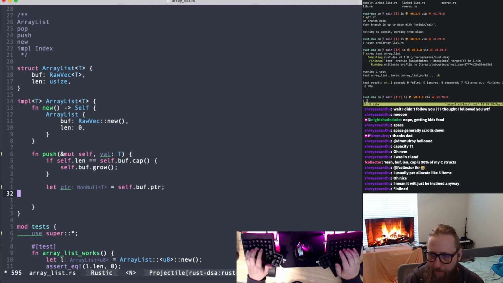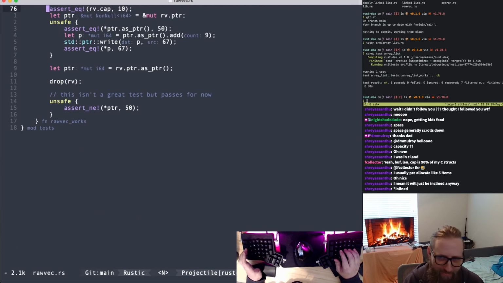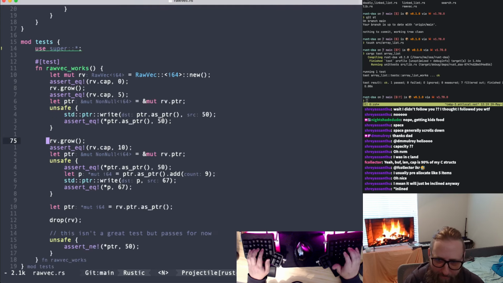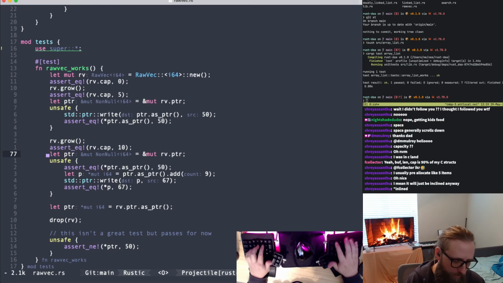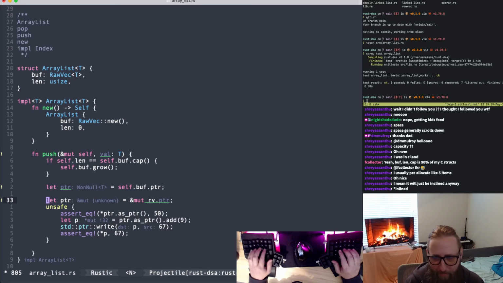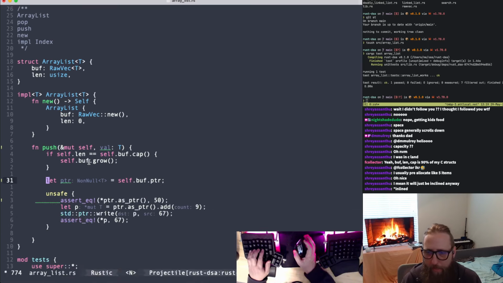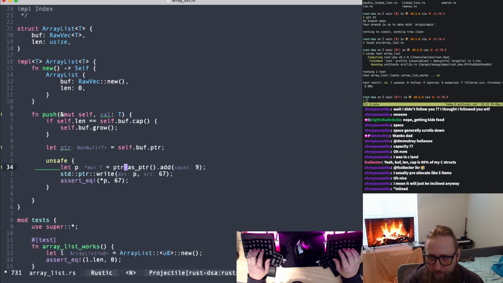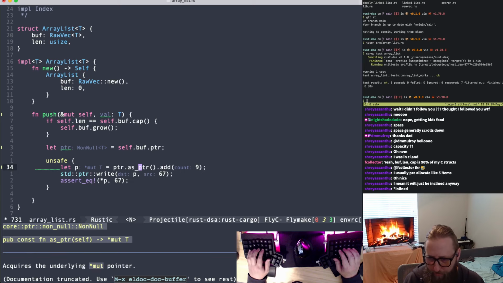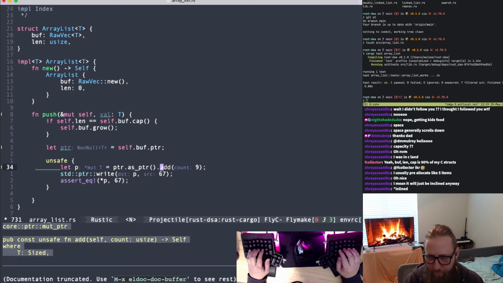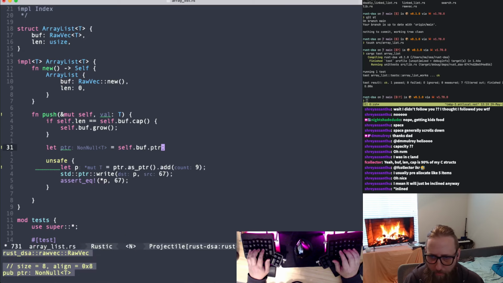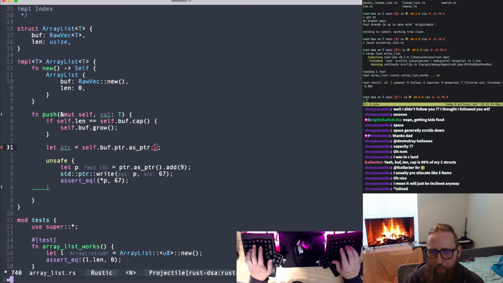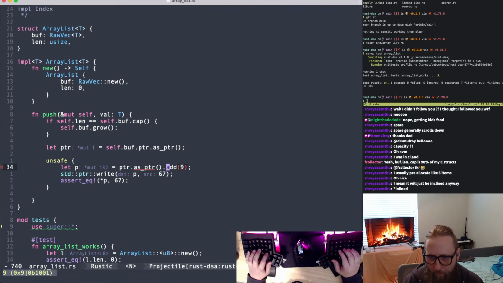Oh yeah, I have code for this already actually in raw vec, because I kind of did this already in a test. So because we are what we are, we're going to actually just copy this code real quick. I mean, we wrote it during this series. It's not really changing anything, right? Okay, so we have our pointer. Let's forget about that. Let's just say pointer.asPointer.add, and if I remember right, asPointer is actually unsafe, or is it just add that's unsafe? It's just add that's unsafe. Okay. So we could do the as pointer up here and already have our raw pointer, and then